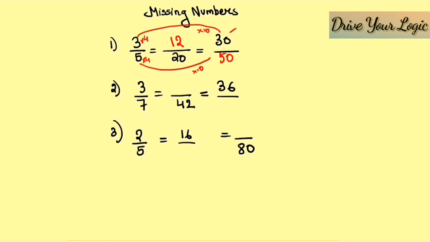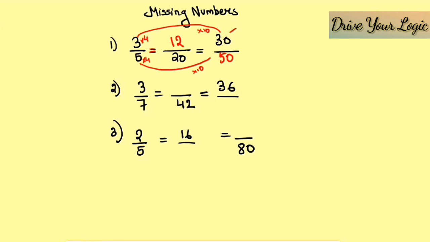So in this way, you can use the concept of equivalence. Now you can see greater than, less than also; you will get the same answer. So 5 into 12 is 60. If you do cross multiplication, why have I given this equal to sign? Because in the last sums I showed you equivalent. How to do it? 5 into 12 is 60, and 3 into 20 is also 60. That's why the equal to sign is there.